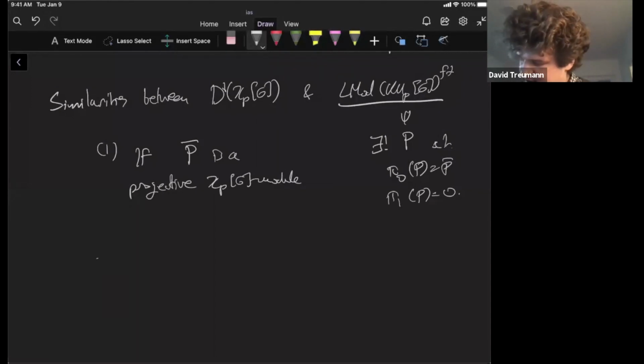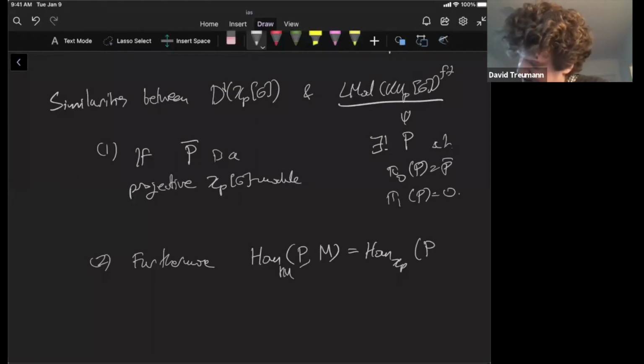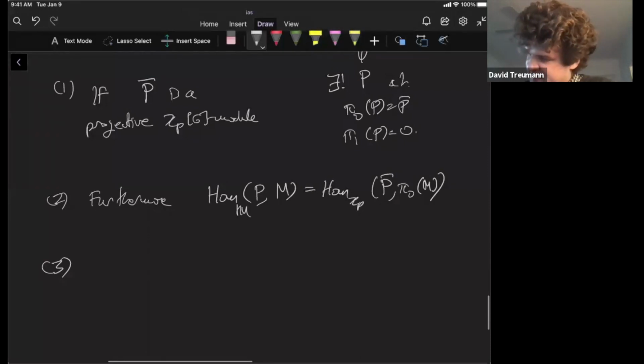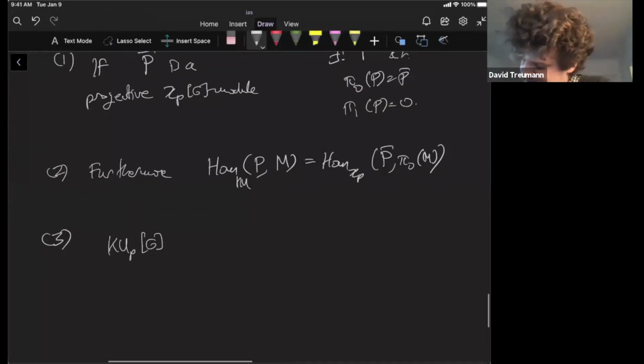Okay, and then maybe furthermore, it's easy to compute maps from a projective module into some other module, even in the KU world. This is equal to Hom in the ZP world between P bar and pi 0 of N. And along those lines, maybe because of that,